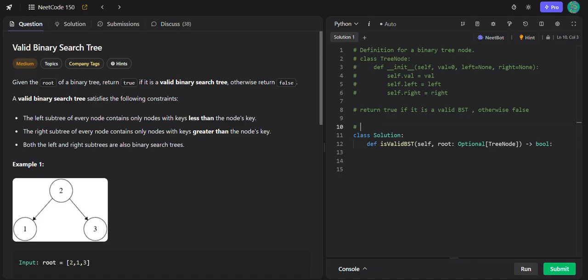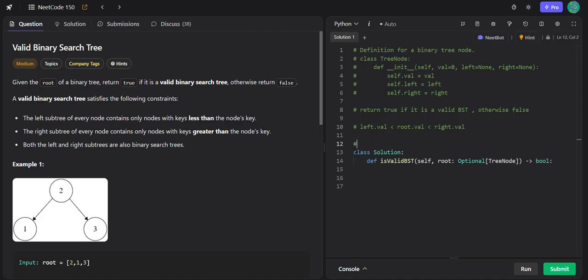So we can start. The simple logic is to compare the left and right value with the root. So the base logic needs to be like this, since it is a binary tree. But another thing we need to focus on is, if we only consider this base logic, we might see some edge cases where,